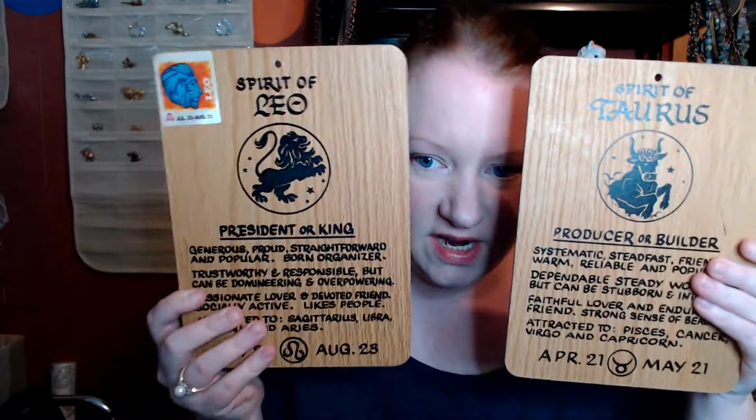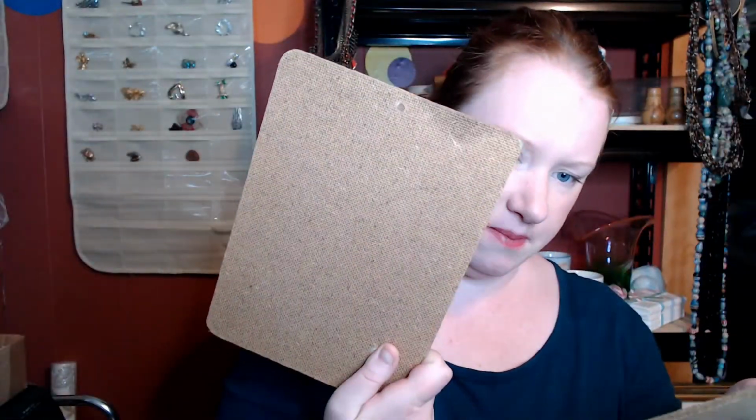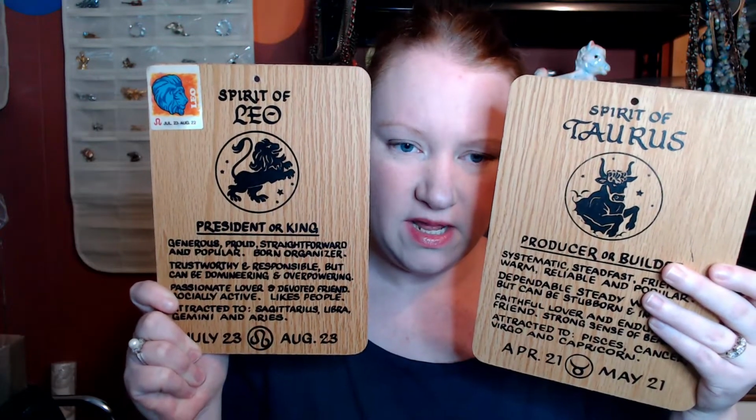Okay, next I got these two. Does it still say the price on them? Dusty. I think I got them for $1 for both, so 50 cents each. And they're these wooden plaques that are for your zodiac sign horoscope. This one has that sticker on there, which still talks about the zodiac sign, but I'm going to see if I can get that off there because I don't think it looks as nice. Oh, I did it. I was afraid to, but I did it. All right. So, yeah, Taurus and Leo,